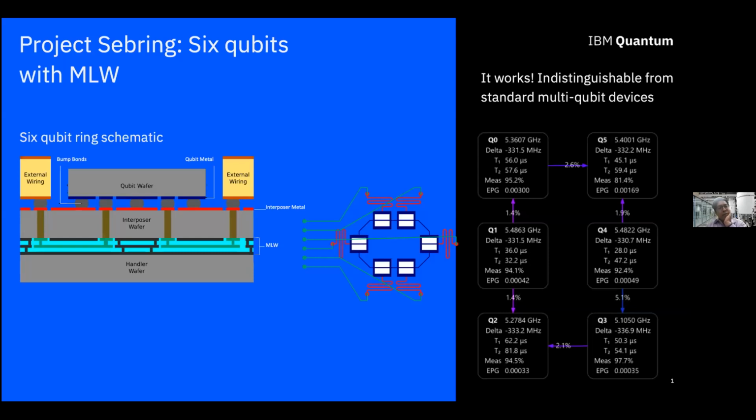Now, last year we had a project which looked at exactly what the performance of a system like that would be. And so we had a 6-qubit device which implemented this multi-level wiring. It's a simple 6-qubit ring. And at least from the first pass of experiments that we looked at, the multi-qubit devices look good, right? With similar coherence levels and multi-qubit gates that we were able to achieve using cross resonance, this gives us high confidence in our capabilities for driving towards Eagle by the end of this year.